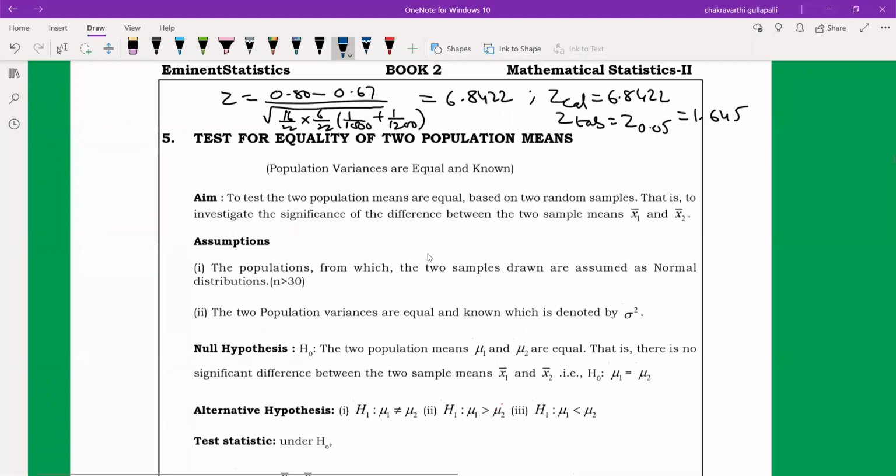Test number 5. Test for equality of two population means. The aim here is to test the population mean